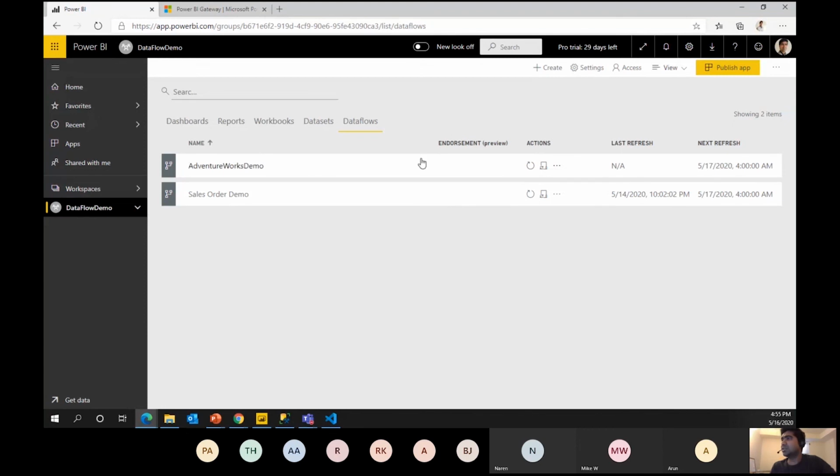So if I click on this, it will refresh everything right away. This may again take a couple of minutes because there are 4 or 5 tables.